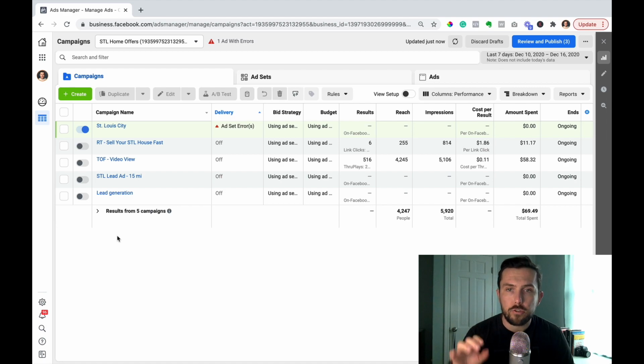If you want to track the success of your video view ads, there are some metrics that you're going to want to track that you may not necessarily care about if you're running a static image ad or a carousel ad or something like that. The obvious ones being how many people are watching your videos, how long are they watching for, how many people watch 50%, how many watch 75%, how many make it all the way to the end, how many watch 100%. This is all information you're going to want to know because it's going to give you more insights on how successful your ad actually is.